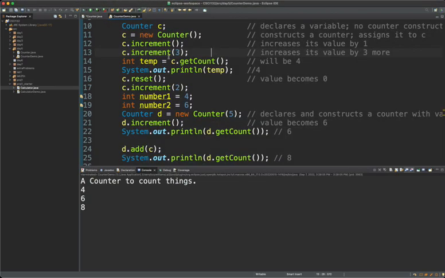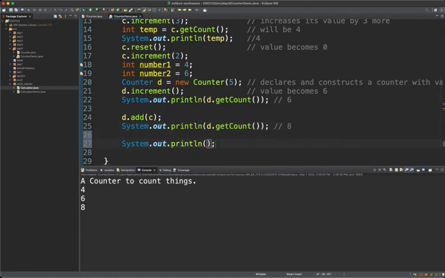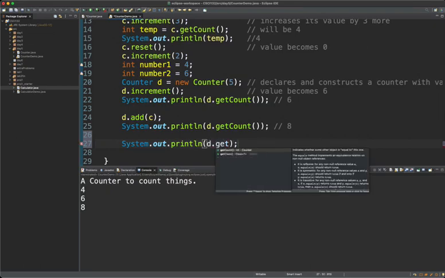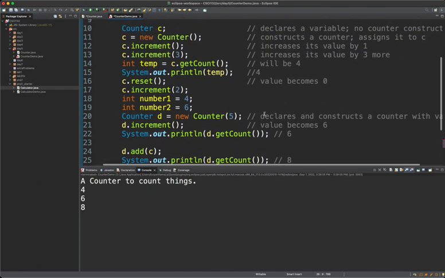So I want to be able to say d.getIncrementCount, and this should tell me how many times increment has been called, specifically on D, on the counter D. So we can look back and see, okay,